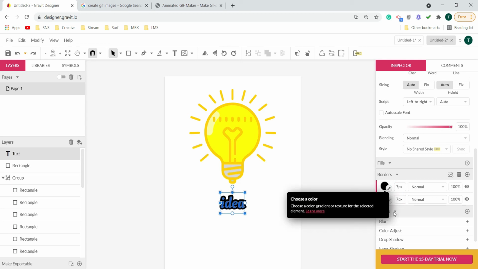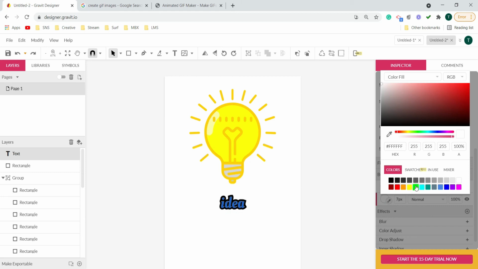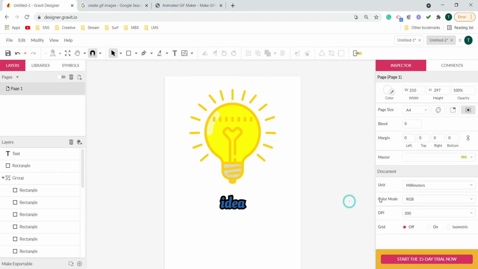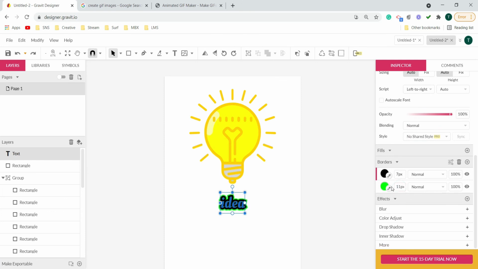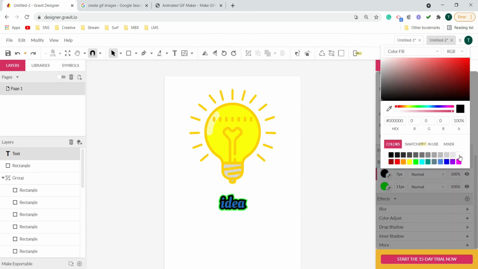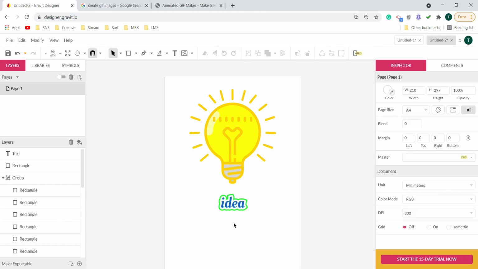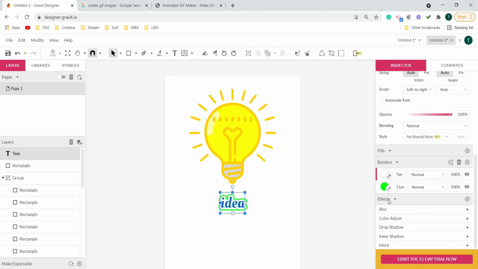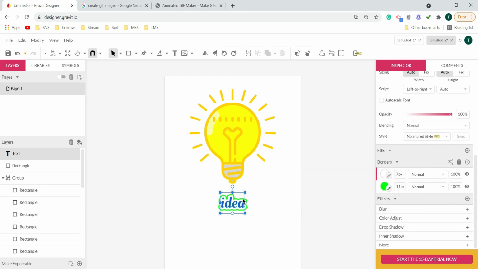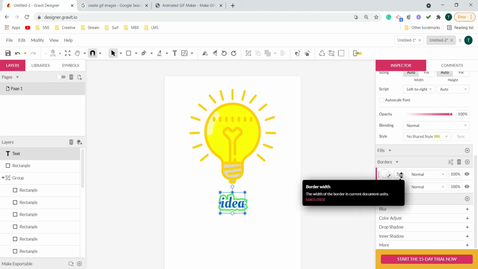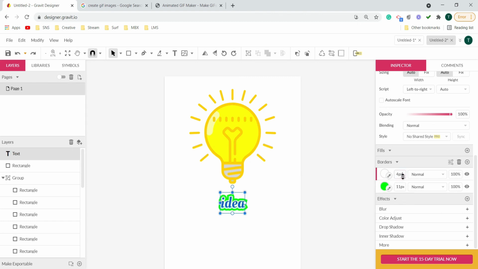Let's change the color for the time being. Let's keep this one as green. Select, yeah, and this one I'll keep it white. So you can see now that this stroke is going to look as if there is a glow around the text. If you feel like you need to make changes, I think this white color, which is separating this green stroke, is too much thickness, so you can definitely reduce it. I think this one will look better.